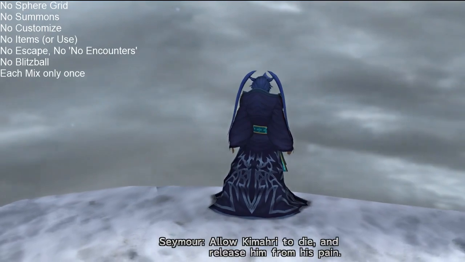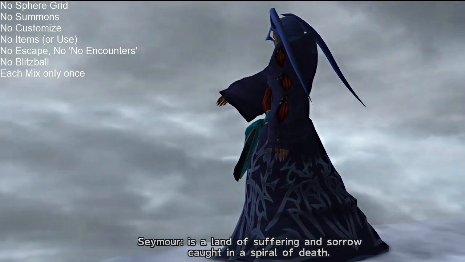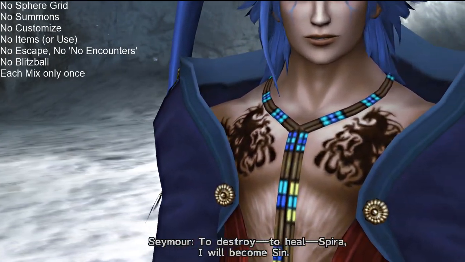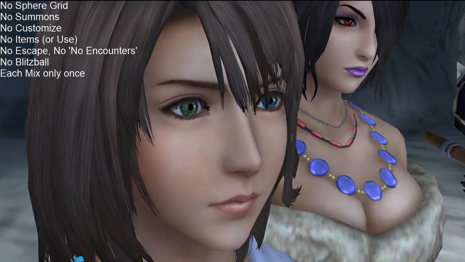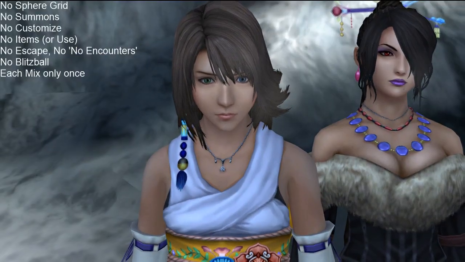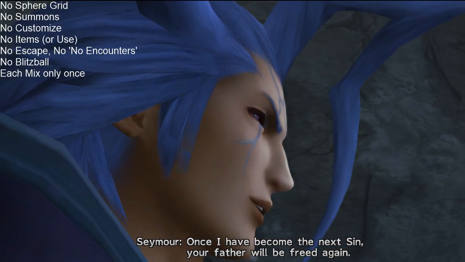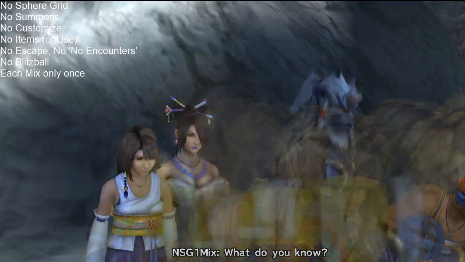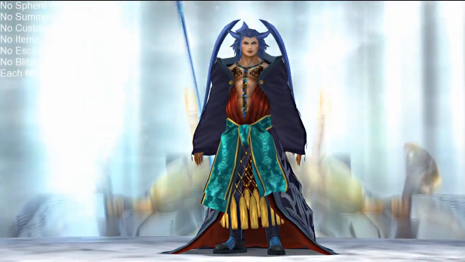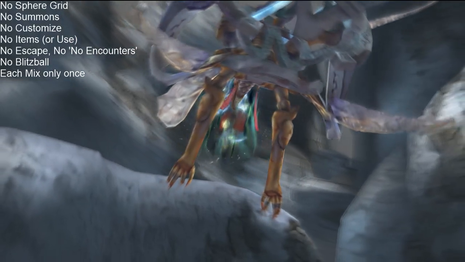Allow Kimari to die and release him from his pain. Spira is a land of suffering and sorrow caught in a spiral of death. To destroy, to heal, Spira, I will become sin. Yes, with your help. Come with me. Once I have become the next sin, father will be freed again. What do you know? Pitiful. Your hope ends here! And your meeting...